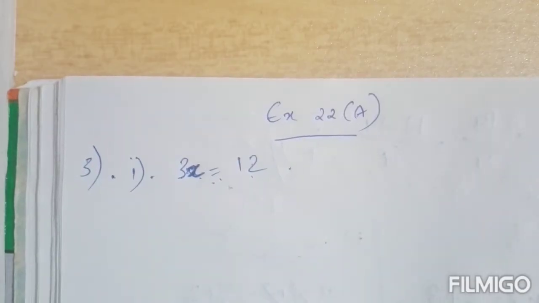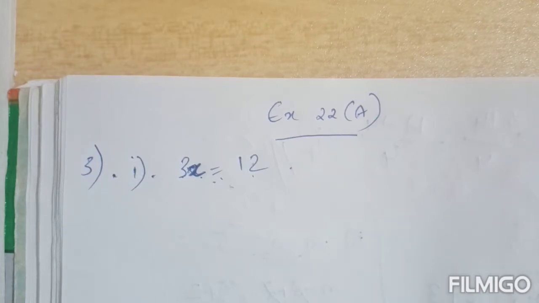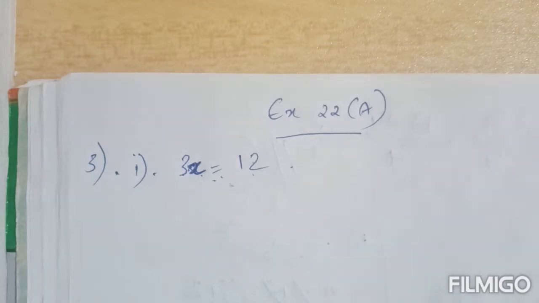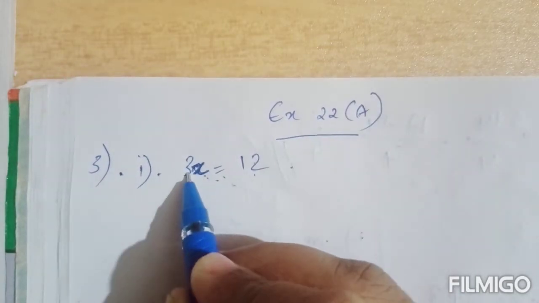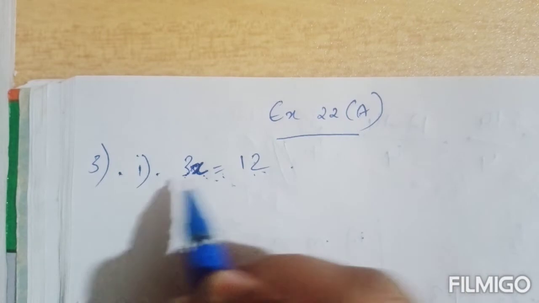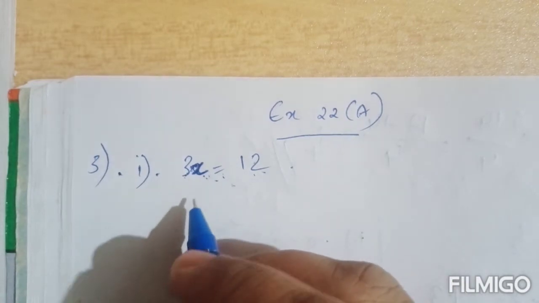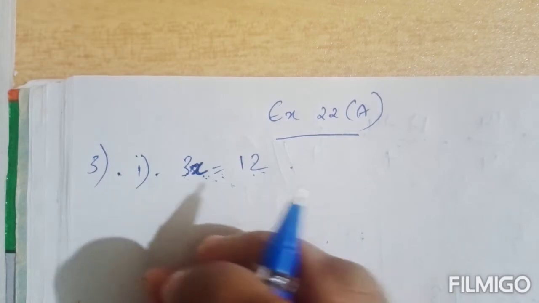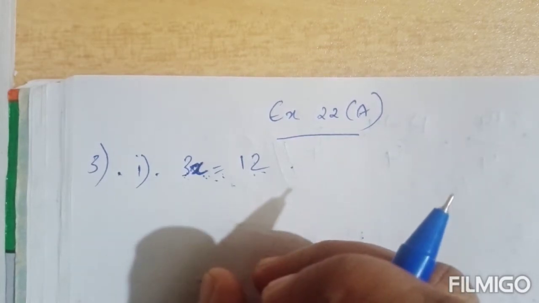So we have been discussing chapter 22, simple equations, in that exercise 22A. Next, it is the third question. Solve. In that, the first one: 3x equal to 12. So here 3x means 3 into x equal to 12. Multiplication is coming. So what to do? We know one rule: if we divide the same number on both sides of the equation, then the equation does